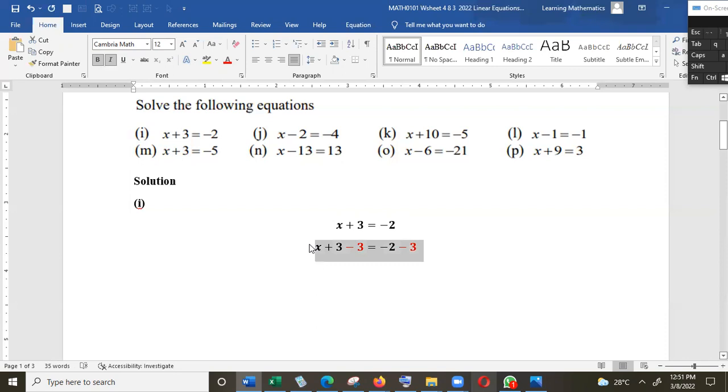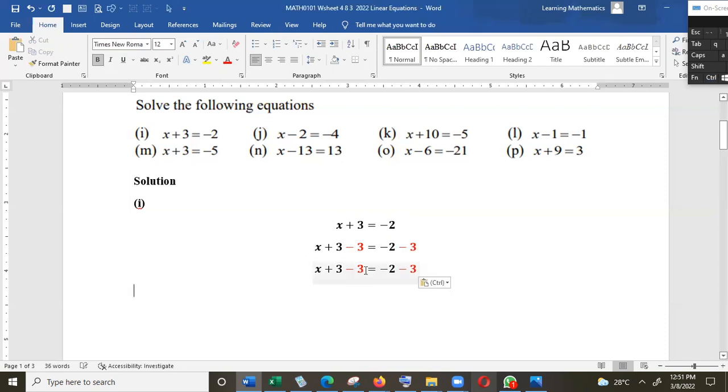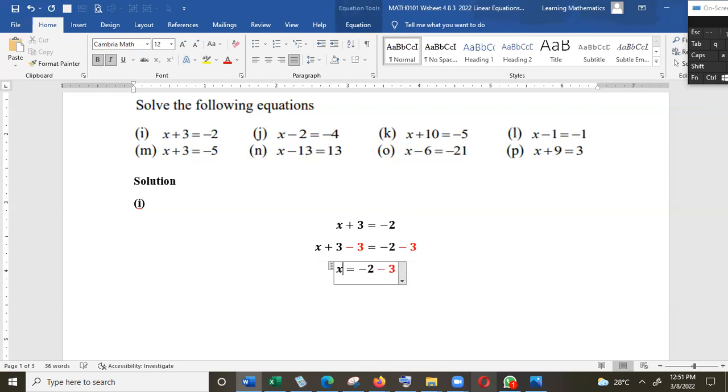As you can see, 3 subtract 3 is 0. And -2 subtract 3 is -5. So the answer is x is equal to -5. That is the solution. So if you want to prove your answer,